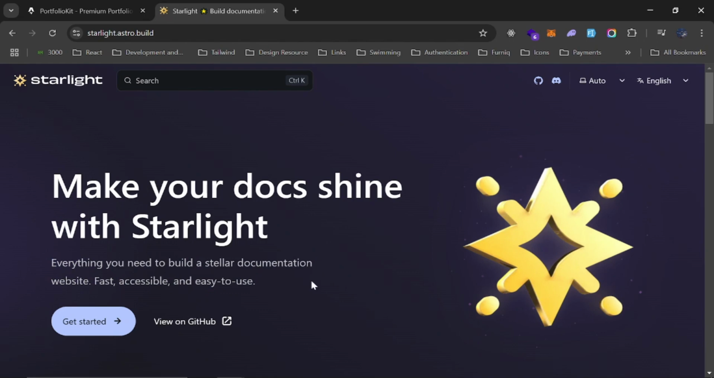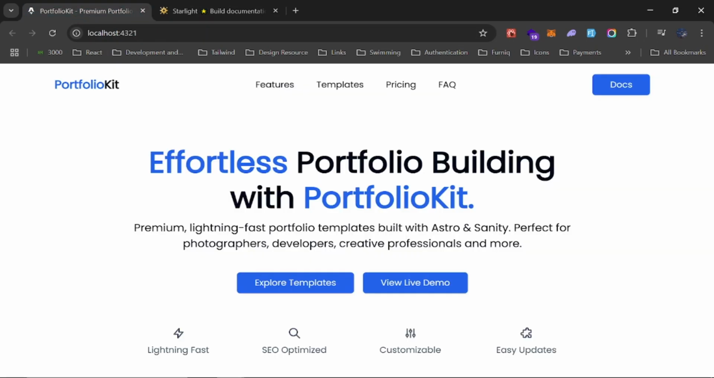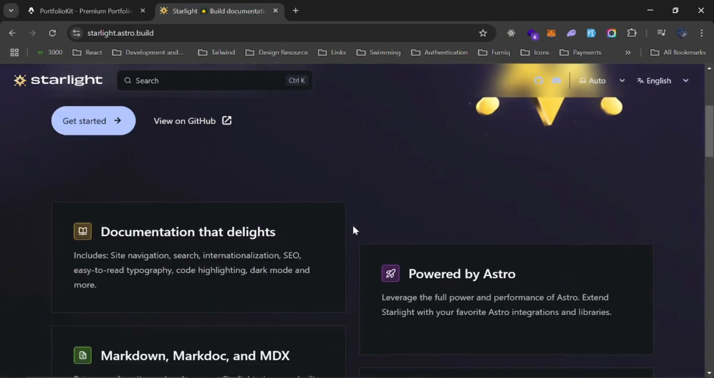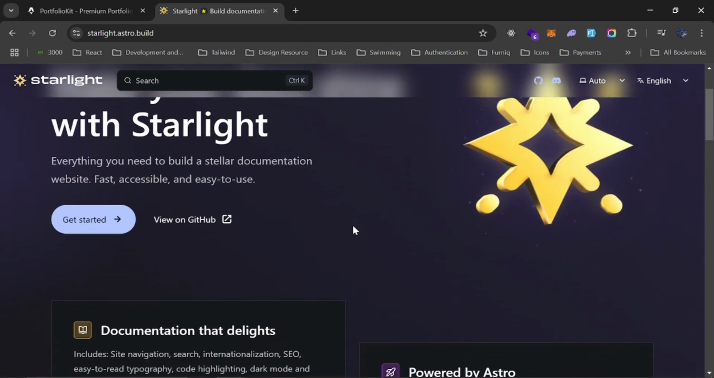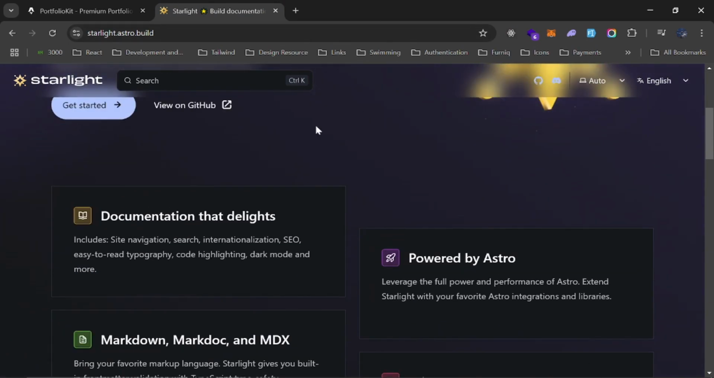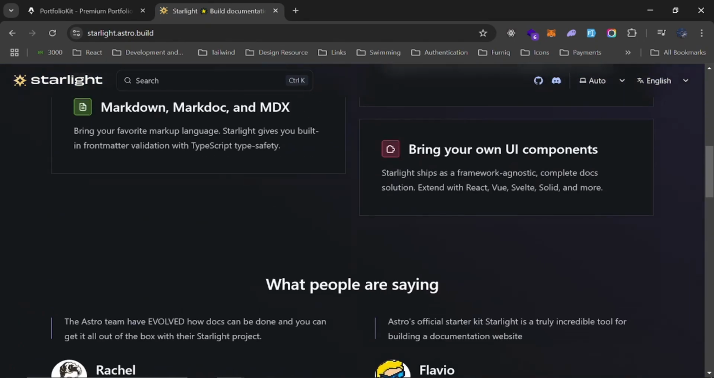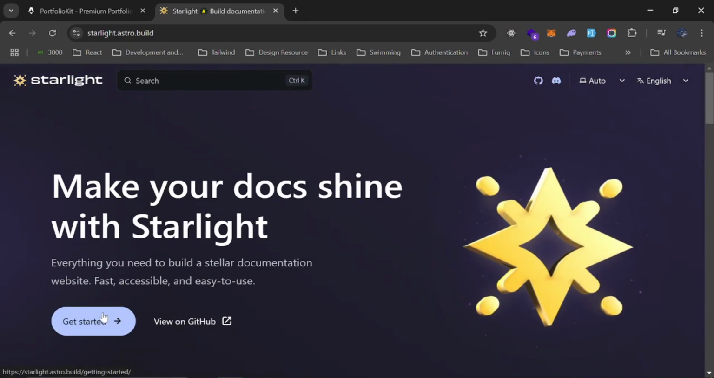And to the best of my knowledge, it only works with Astro, and I'm building my portfolio kit with Astro, as you can see. So we can head back, and the cool thing about it is that once you have it installed, this will be what you're going to get right here, except for this testimonial part. So you can click on get started,